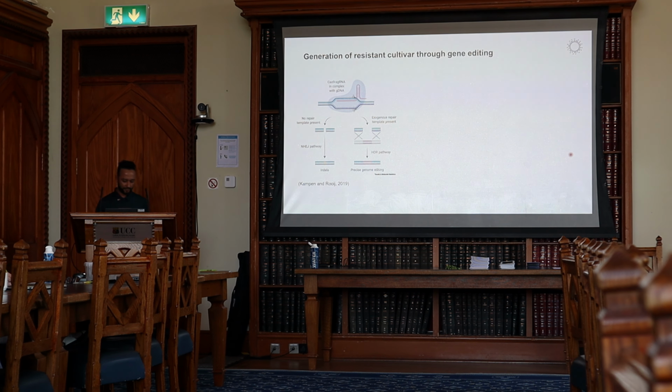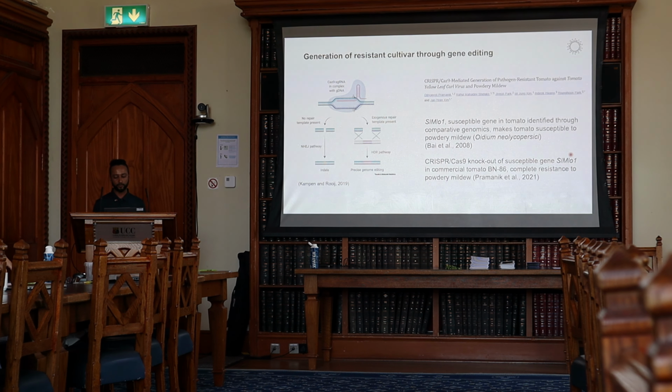One of the very famous techniques these days is gene editing, and we use CRISPR-Cas technology for editing the fate of the plant to make it resistant, drought tolerant, or to have the features that we want. CRISPR-Cas is a very precise gene editing technique, and once we identify certain genes that are, for example, susceptible to the pathogen, we can knock them out so that the plant becomes resistant